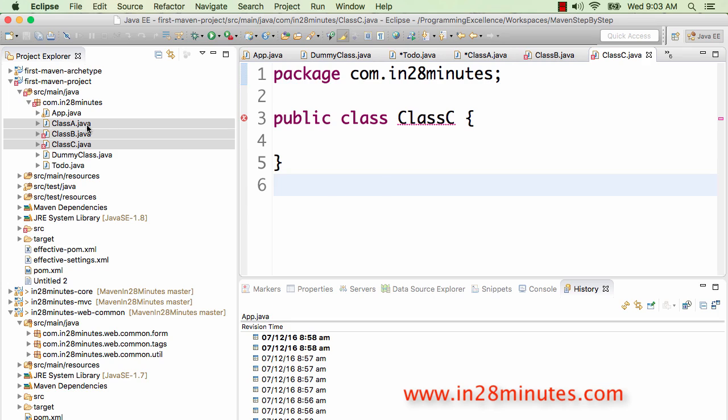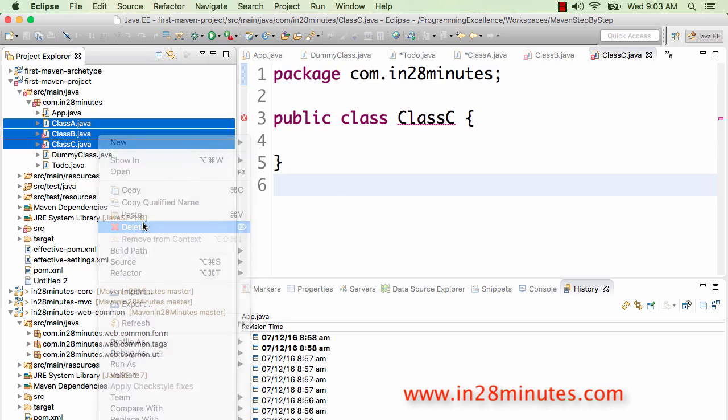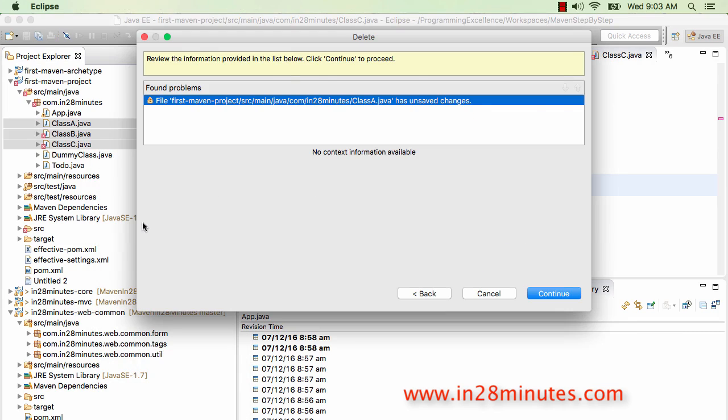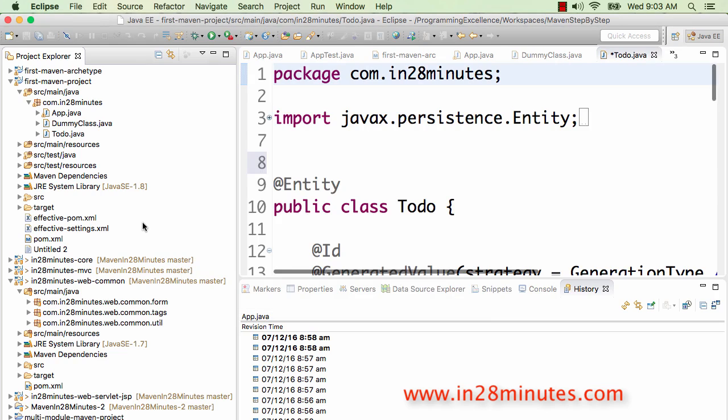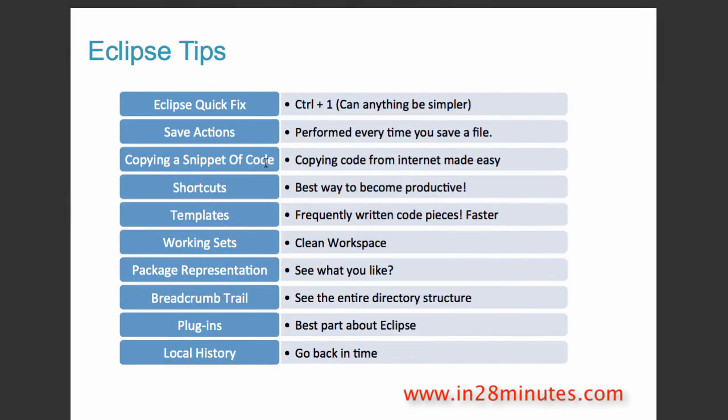So that's the magic. You can write any code and paste it in, and Eclipse would create the structure for you. So it's a very useful thing whenever you want to try something out very quickly. So that's your copy paste, copying a snippet of code. The next one,